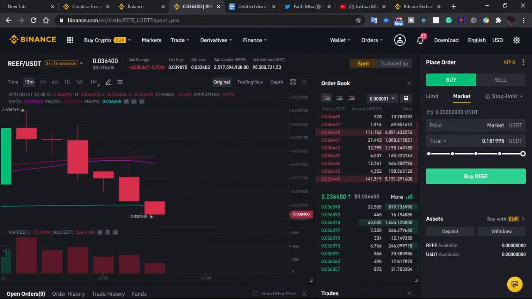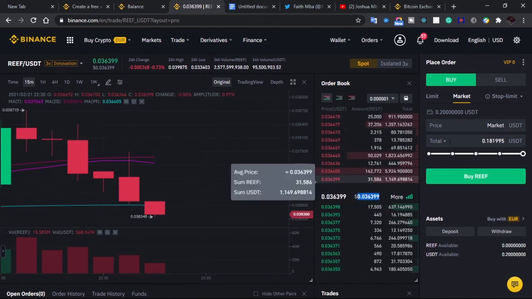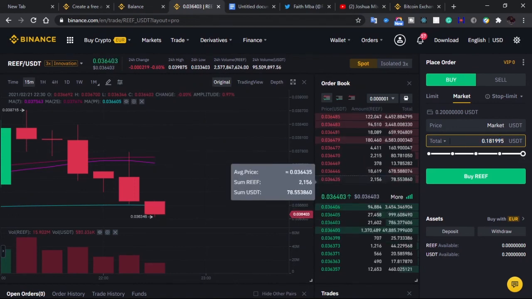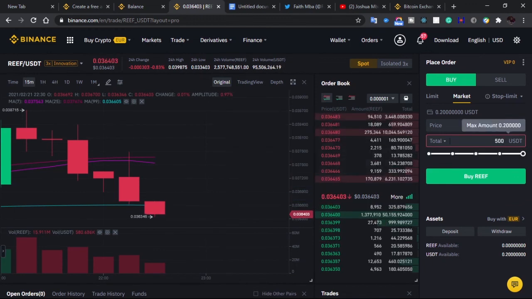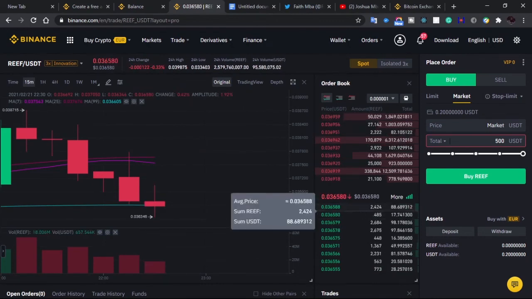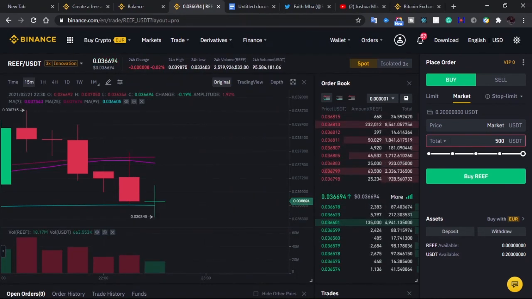So if I click on buy now, it's going to buy for me at the exact market value. No matter what is happening, once I click on buy, whatever the value is here is the amount it will buy at. I don't have any USDT right now, I have just about 2 cents. Let's say I want to buy 500 USDT, which doesn't exist in this account. That's why it's red. And I click on buy. It's going to buy 500 USDT of REEF at the value of 0.03 cents. Do you get that? That's exactly what's happening.